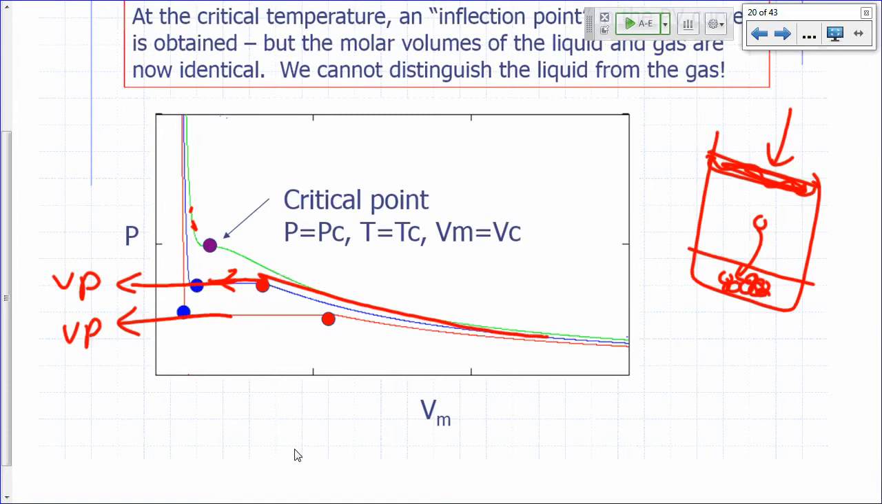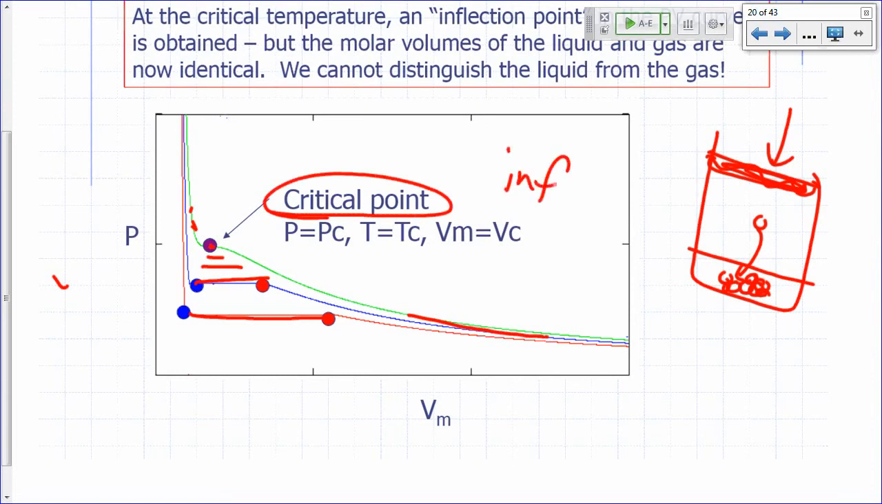Eventually you get a curve that looks like this, where the flat region of your curve is going to get shorter and shorter and shorter. Eventually you get this point right here, which is called the inflection point. That's called your critical point. In math, they call that an inflection point. And at that point,